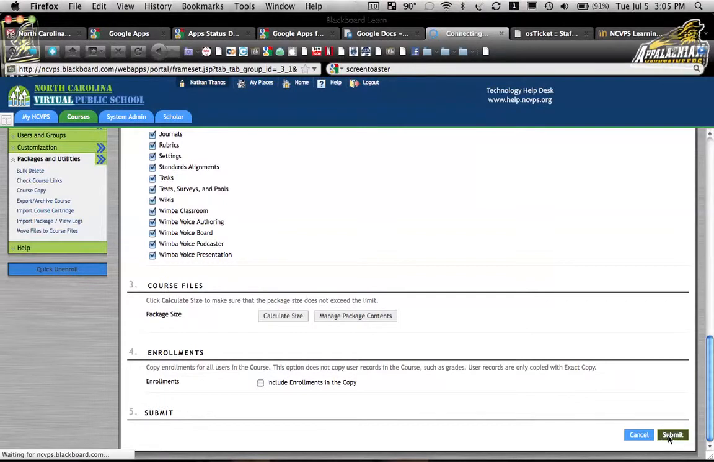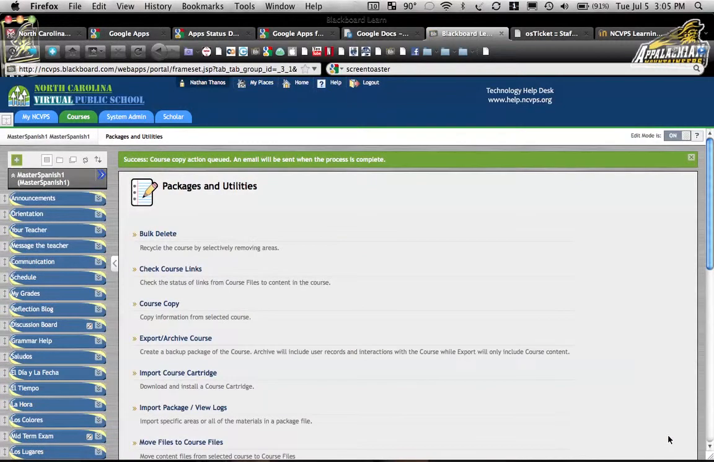When you click submit, it begins the copy process. You'll get a message if you did everything the way it was supposed to be done and everything was right. Then you'll get this message at the top in green. It says success, course copy, action queued. An email will be sent when the process is complete. And that's pretty much it. Once the process is complete,